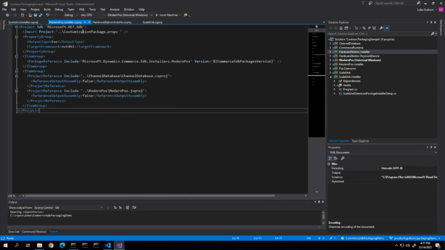Quickly, I'll move on to the modern POS extension installer project. You can see again here at the top, very similar output type and target frameworks as all the other on-prem sealed installer projects. In this case, we're referencing the installer's modern POS package instead of the installer scale unit project, but otherwise it's the same. And then we can see here that the modern POS installer can reference either the channel database project or the modern POS JS proj, and it'll package either the channel database scripts or the